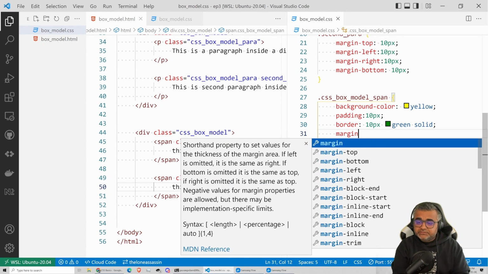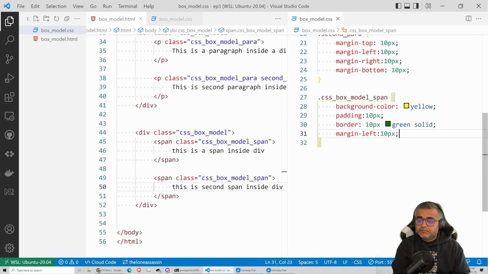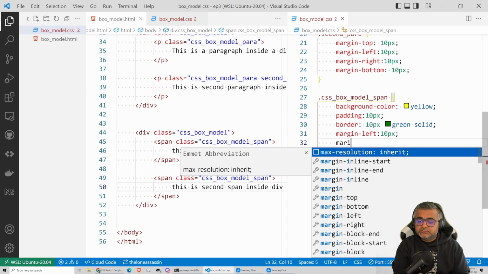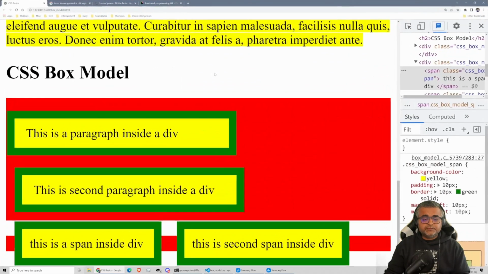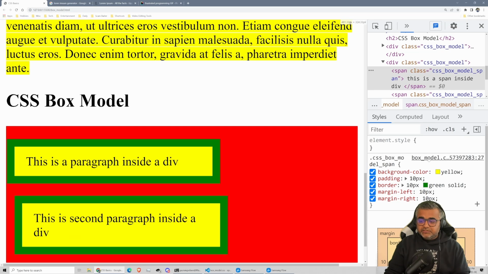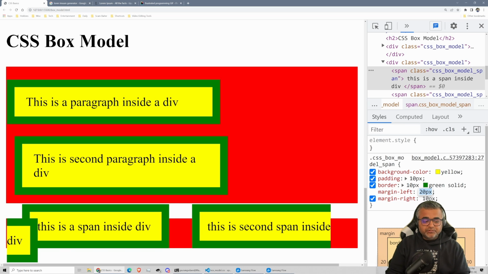So now let's add margin left 10 pixel and margin right 10 pixel. If you open the web view again, we see that, okay, now there is a gap between these two. There is more gap on the left of the page, more gap over here. That is because of the margin. So we can also test this theory out. Oops. If I increase margin left, you'll see that our elements are slowly moving to the left,